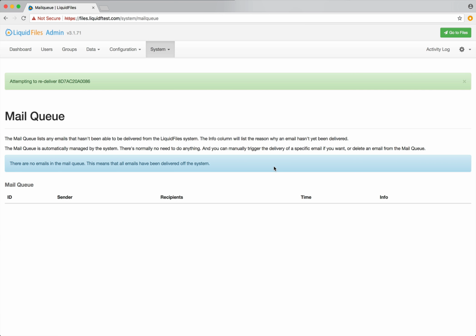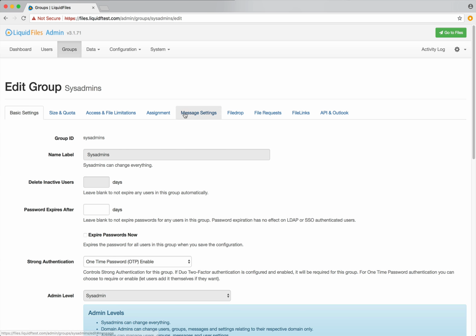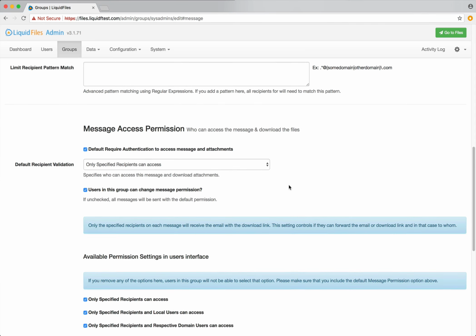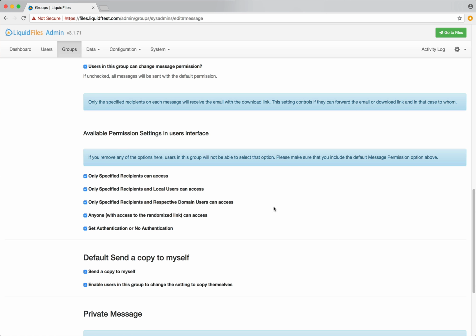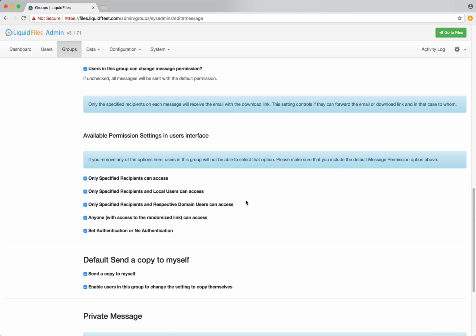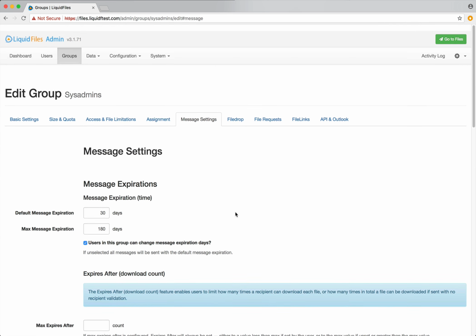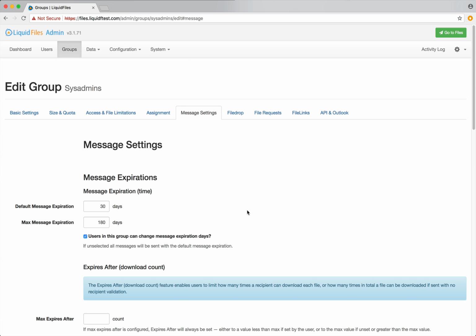Next up is something that we have added, and let's have a look in the groups settings, system administrators. There is a new email or secure message permission level. So we've now added this only specified recipients and recipient domain users can access. So what this means is that in the previous message, when we sent this to boss@company.com, if we try to